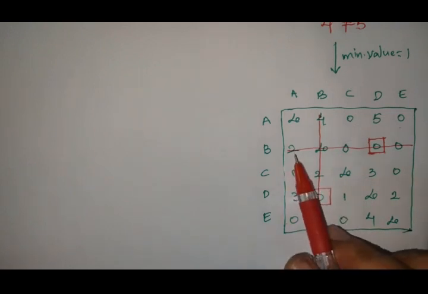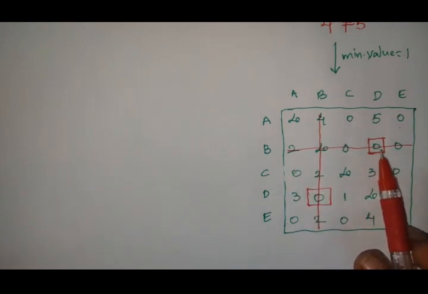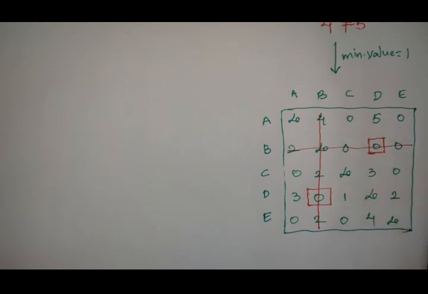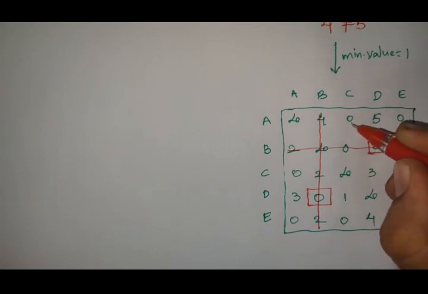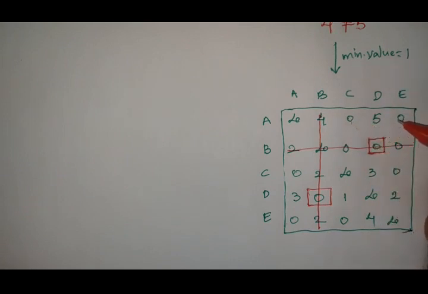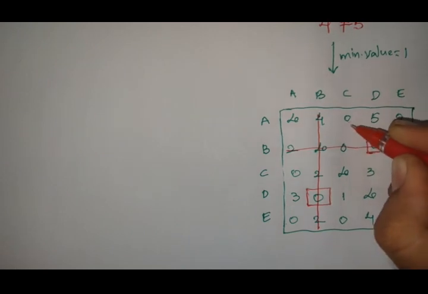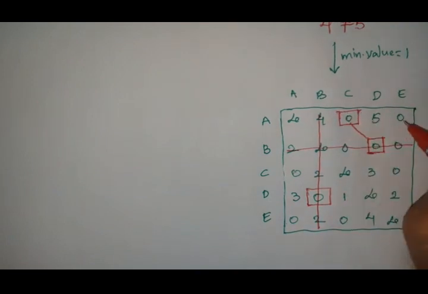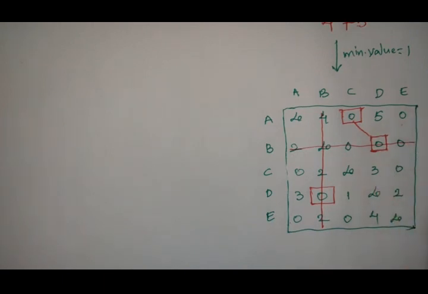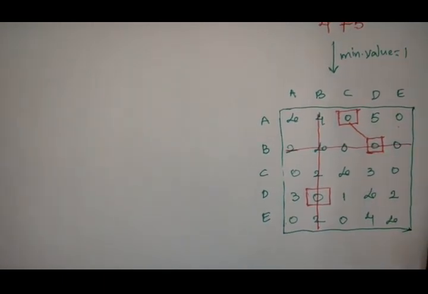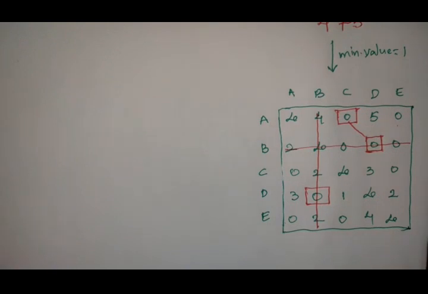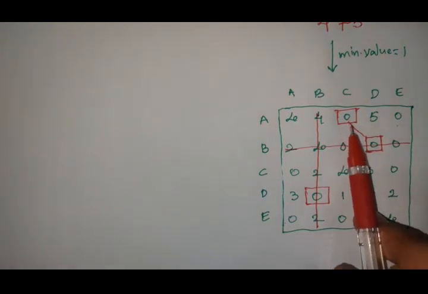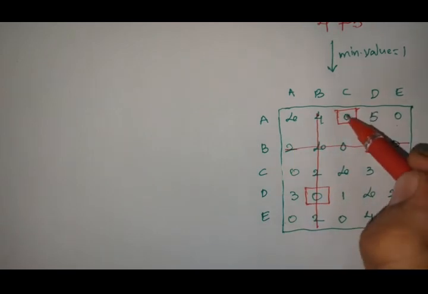So here in this row, the assignment is already fixed. So now let us make a diagonal assignment here. We can make the diagonal assignment in this way, or we can make the diagonal assignment in this way also. So I am considering the diagonal assignment in this way. You can take this one also, but even if you take this one, the total shortest route distance will not change, right? So here I have taken the assignment in the row scanning, so strike off that column.